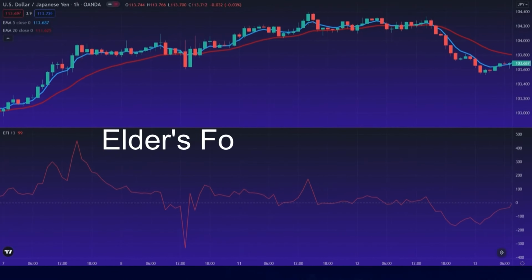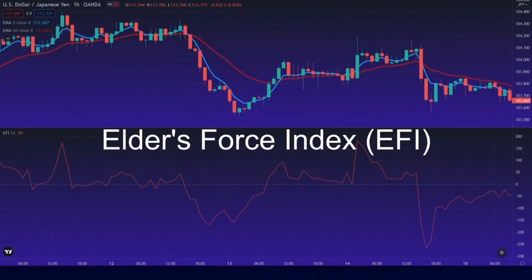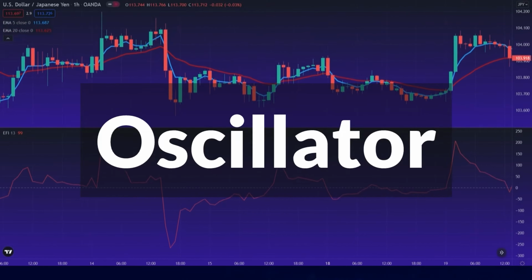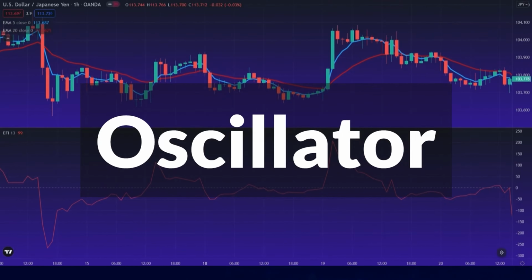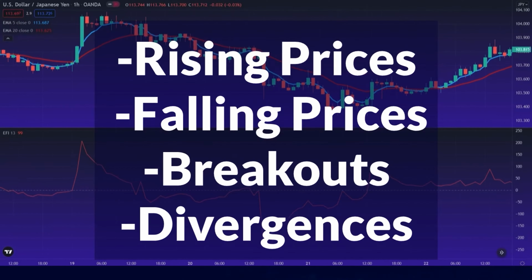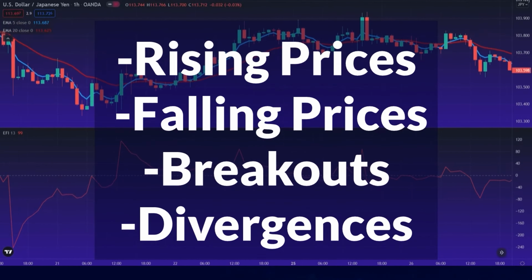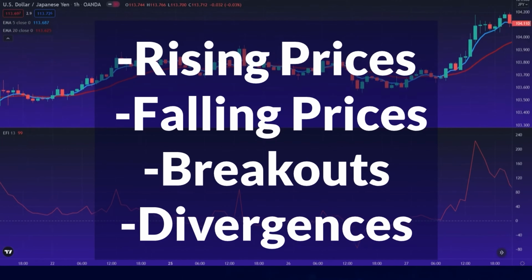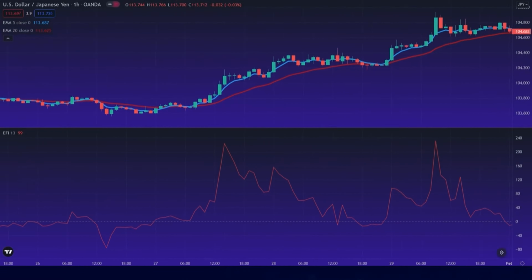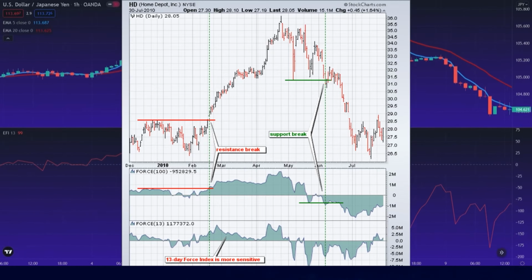Hi traders, in this video I will talk about an Elder's Force Index strategy. It is an oscillator, and with this oscillator we can confirm rising prices, falling prices, breakouts and divergences. And in my opinion, this is an indicator that is overlooked by many traders, but it is actually a great one. And so I coded a strategy with it because I realized that I want to experiment with this indicator